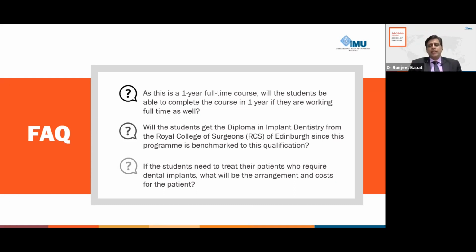Okay, so that's really a good option, even for the betterment of the patients, I think. And it is good for the students who enroll to have a good number of cases to treat the patients in IMU. Thank you so much for the information. Yeah, I would also like to stress, like I have mentioned before, that all the cases that the